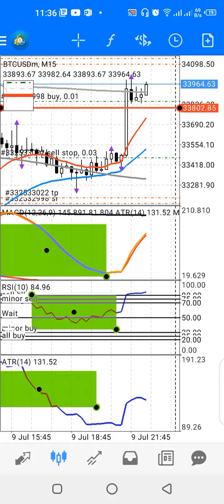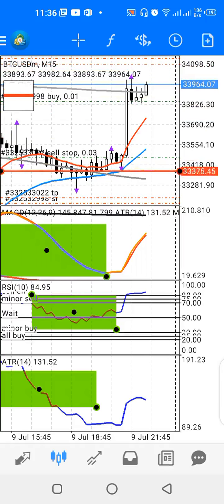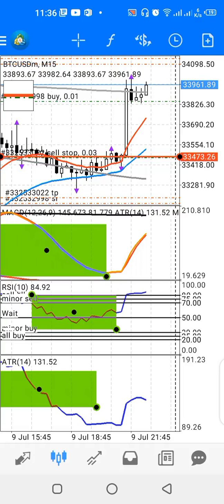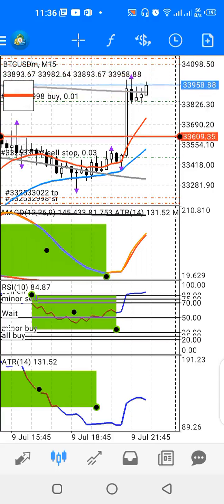For this example, I placed a buy trade and price is still going up towards my TP, so it may not come down to hit my sell stop order. But if it comes down and fluctuates and triggers my sell stop order, I'm going to quickly place 0.08 as my next edge trade. But for now, price is still going up towards my TP. It may hit my take profit, and I may not have any reason to